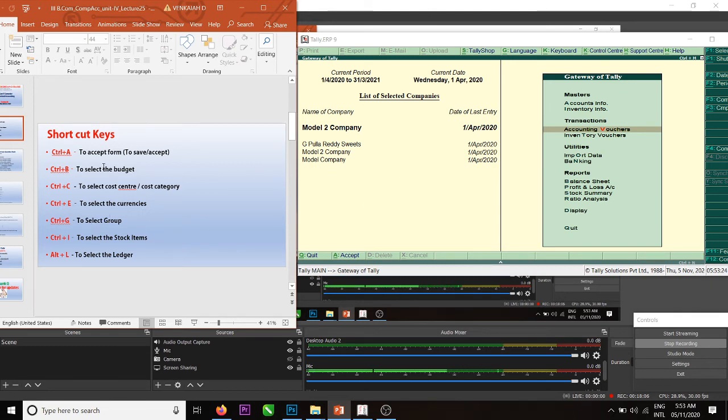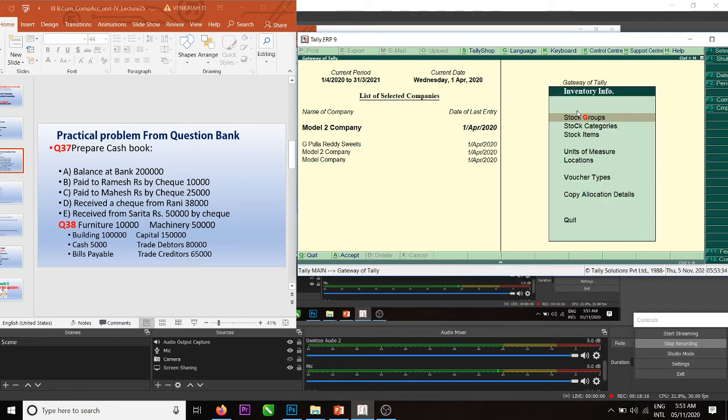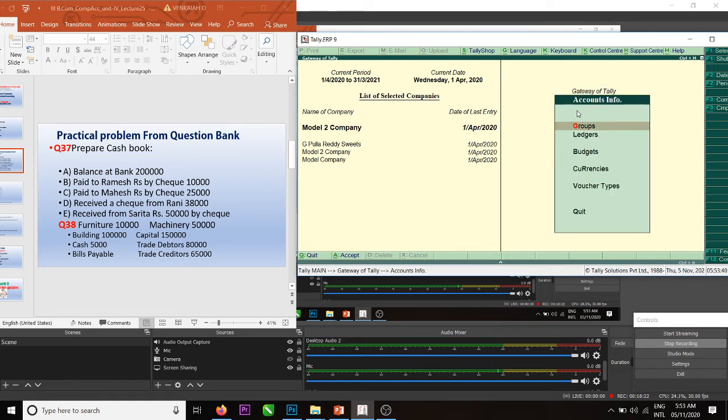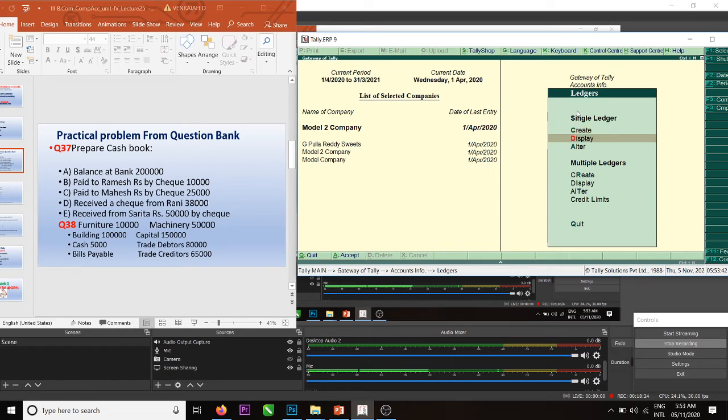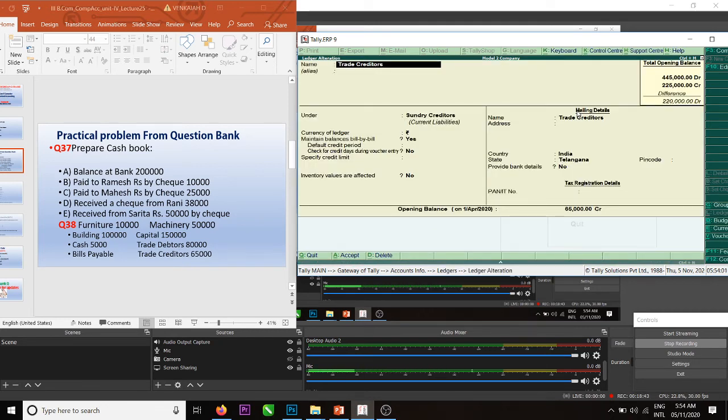Okay, now we will understand Control B, budgets. Open any ledger here. Go for alter mode. Open any ledger, Sarita, Ramesh. Creditors. Trade creditor.